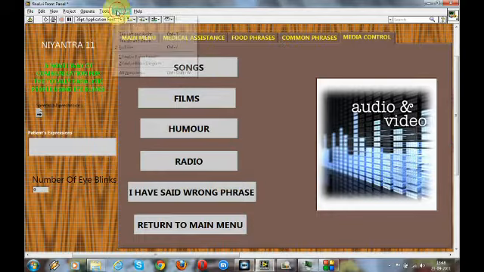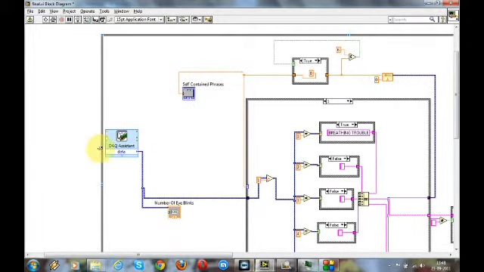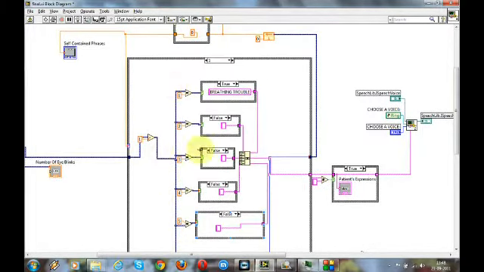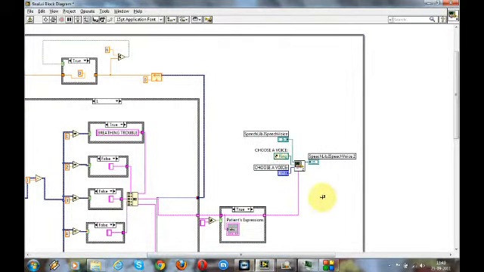Now we can go into the block diagram of the front panel. The DAQ assistant is configured to obtain counter input, which is used to select the cases in the case structure. After a tab has been selected, the options available in the tab are selected by the next set of eye blinks, which is compared with a predefined constant, and if it is true, the respective string is sent to the concatenate string VI, which displays the output in the front panel indicator. The user can also return to the main menu using a feedback node. The text displayed is converted to a voice output using the text-to-speech converter VI.